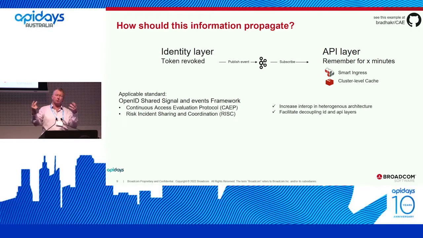But if you control the identity layer and the API layer in your environment, you can possibly adopt part of this. So the project I worked upon, we took the SET format, the JWT token format, shoved some CAEP events into it, and just sent them directly across to the enforcement point to get it to work, bypassing the need for that broker function you need in a pub-sub paradigm. So either way, but if you start down this path, you're going to end up being aligned with all the big IDPs that are working in this as well. So something to look at there.